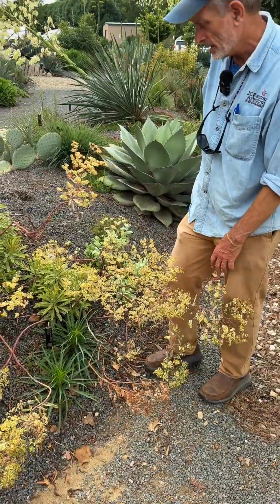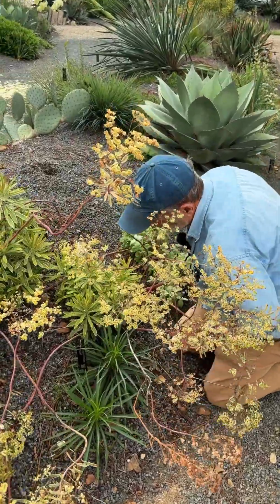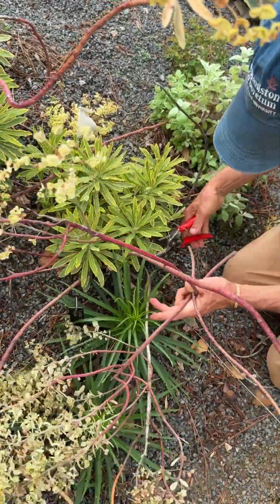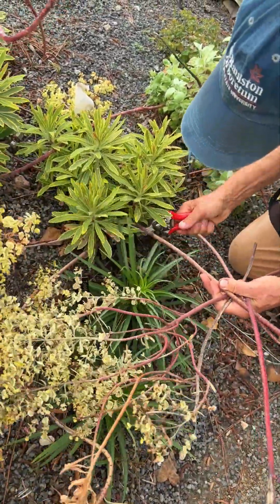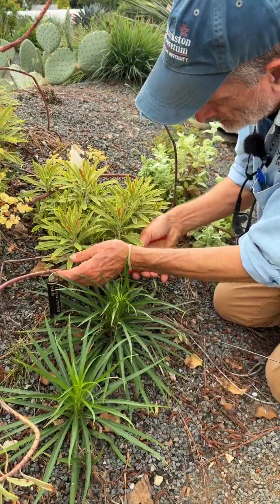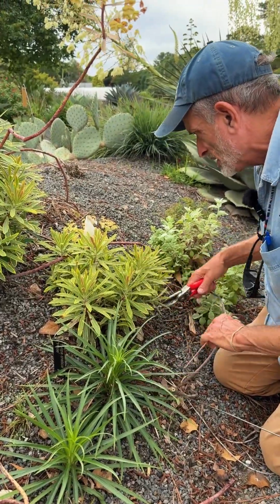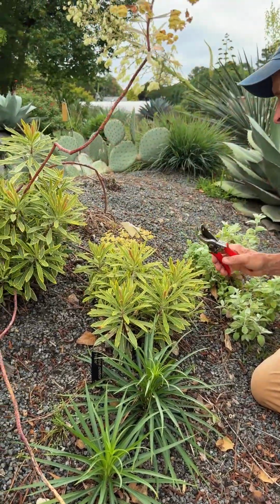And so cleanup is merely a matter of cutting the old flower stalks to the ground. These are somewhat woody, so I'm using my pruning shears, because I might not be able to cut them with my trusty pocket knife. All right, so